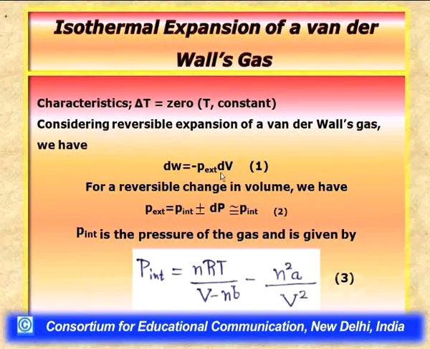Now, till this time we have completed the discussion of expansion work of all the ideal gases. Now we would like to understand in what way the expansion work, its quantification, and the changes in other thermodynamic parameters such as internal energy, enthalpy and other variables will be different from those observed for ideal gases. So now it is time to understand what happens in the situation of a van der Waals gas,